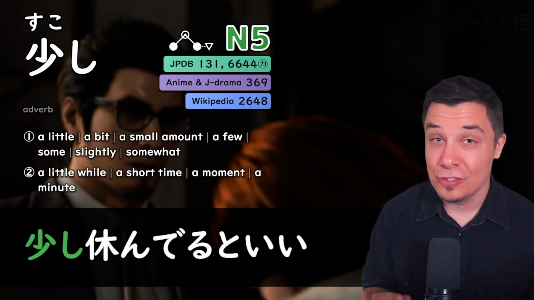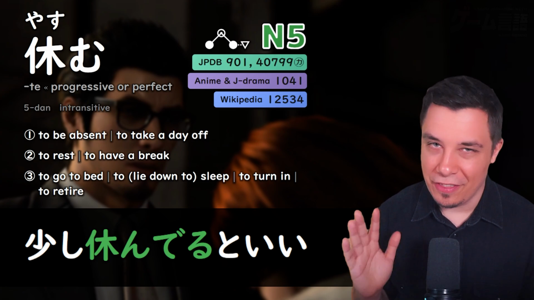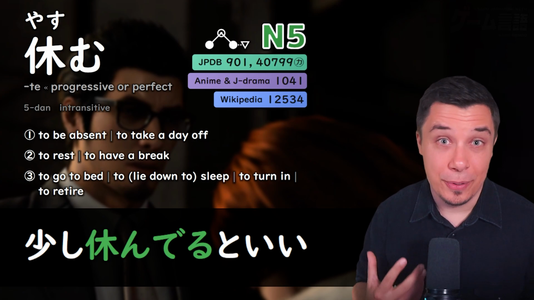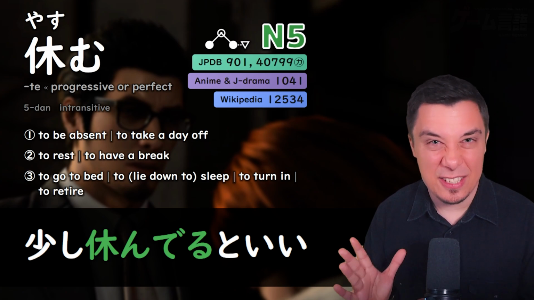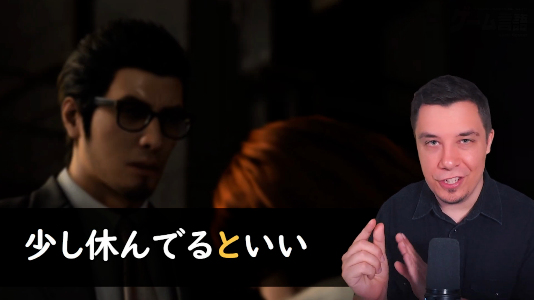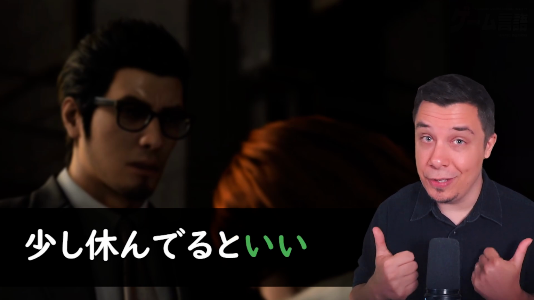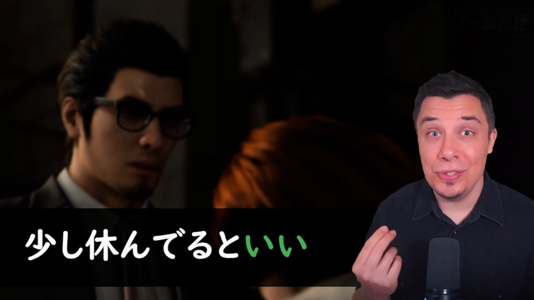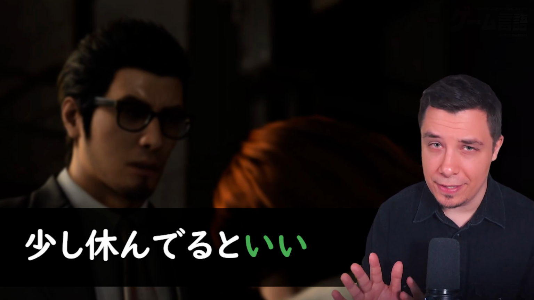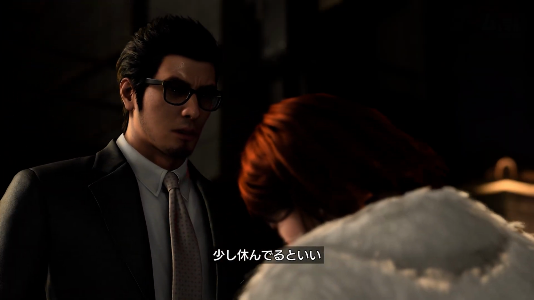Skoshi, just a little bit, yasunderu toi. So yasumu here is another N5 piece of language. This means to rest, to take a break. Here it's yasundeiru. So here the progressive form, so kind of being in the state of resting. And then toi, literally the to particle here is the conditional, so if, but it has a very strong conditional. If you rest a bit, it would be good. And this is often used to express that you should do something. Something toi, you should do it. So you should rest for a bit. Literally, it would be good if you stay here resting for a bit. 少し休んでるといい。